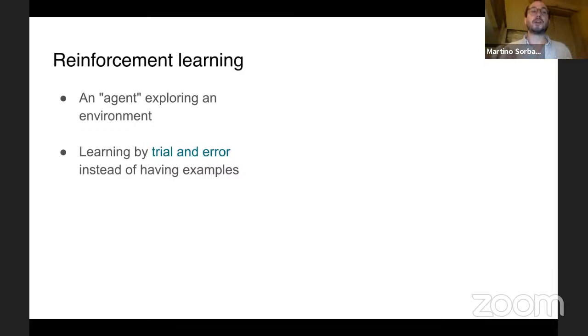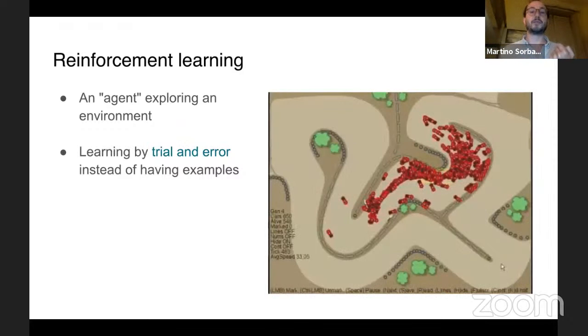We use reinforcement learning whenever we don't have really examples, or whenever we don't have an explicit example of how to solve a problem and we want the model to figure it out. And also whenever we don't have an explicit way of evaluating the result, except by this was right, this was wrong. So maybe this picture is not so easy to understand. What it is, it's